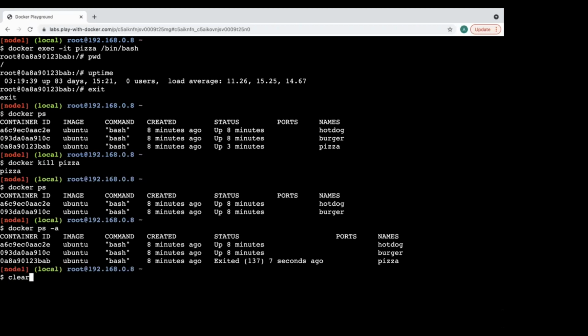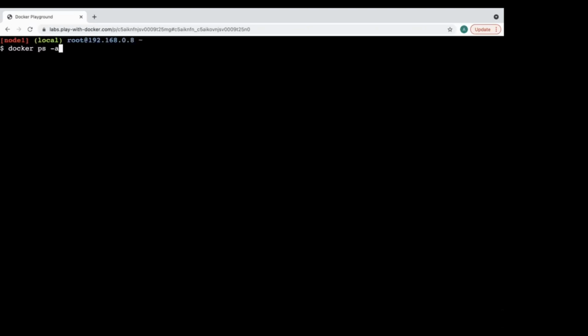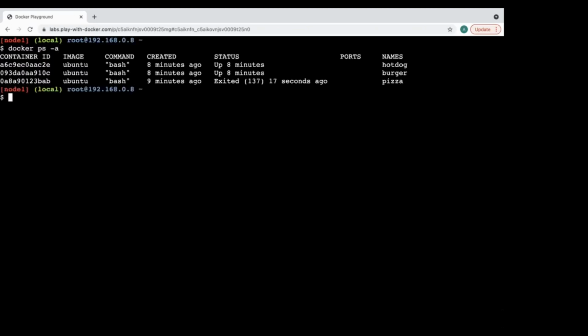So kill you only use when you find your container has hung for any reason, and the container is not responding to your call. Then you can go docker kill. Next, if you want to remove the container, because even if you stop or kill, the container is still there, right? It is going to stay there in your system. So for any reason, I no longer want to work with this container and want to remove it. So you have a command called docker rm,